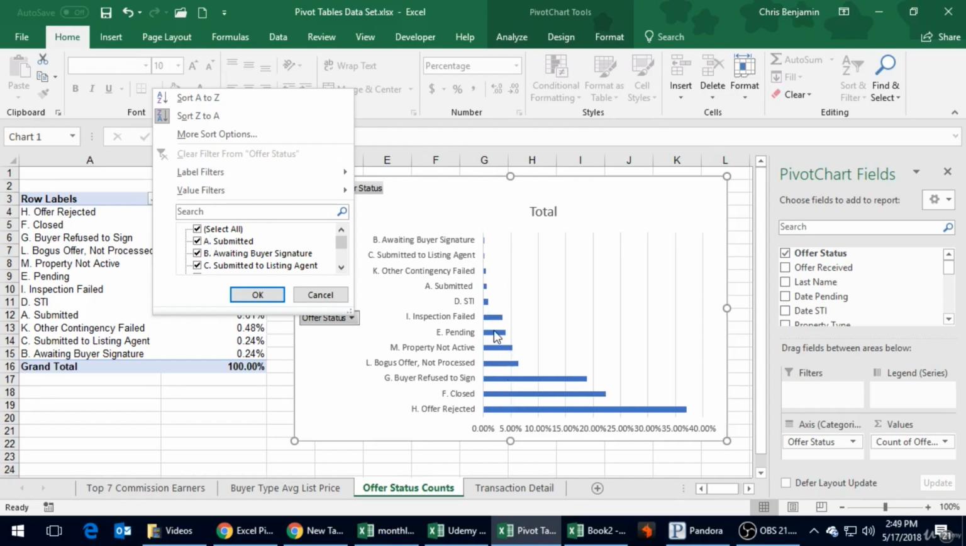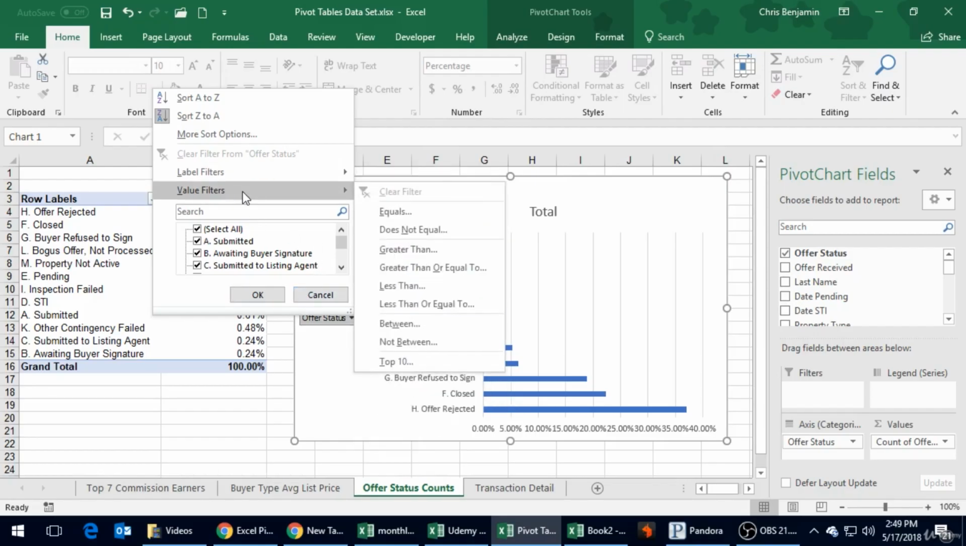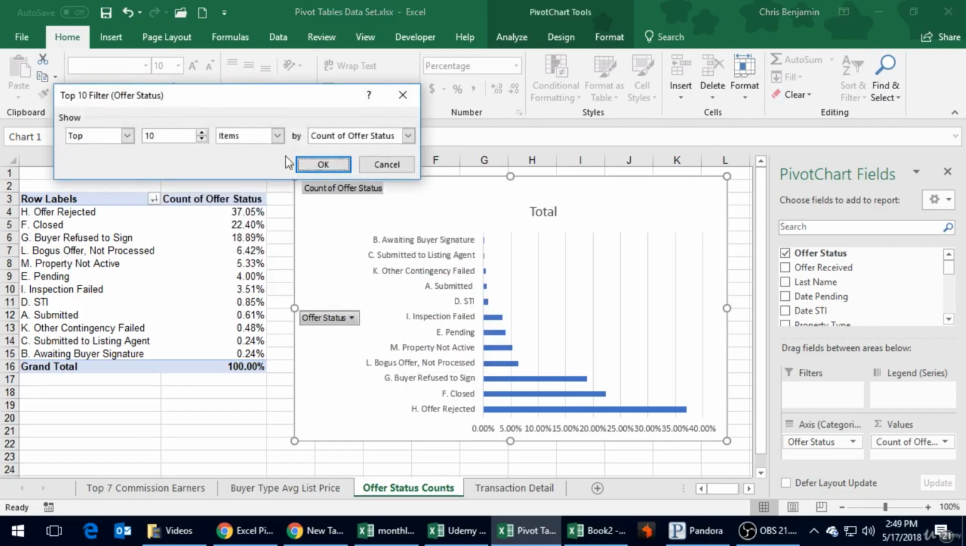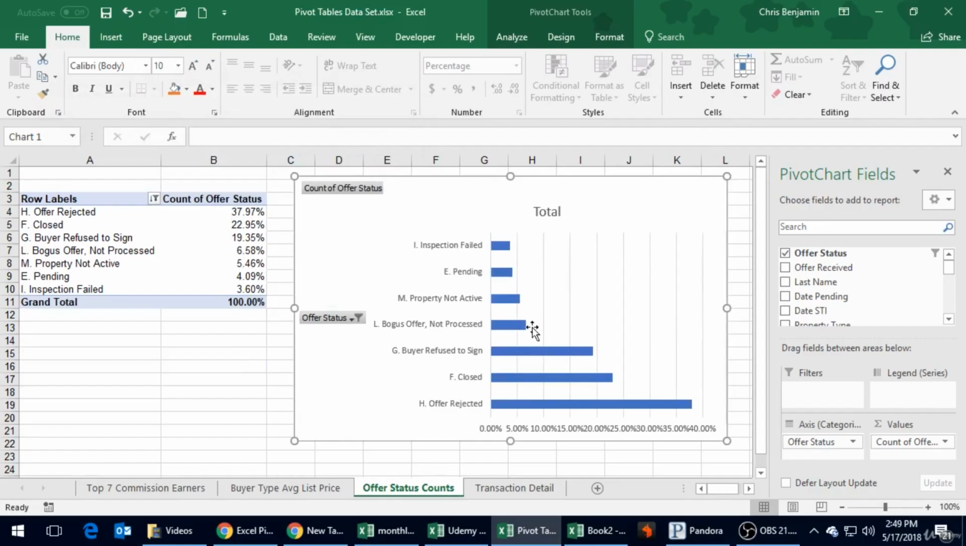Let's do these 1, 2, 3, 4, 5, 7. Let's go with 7 again, right? So actually here, let's do our value filters, top 10, but then we can drop this down to 7. Look at that, a little bit cleaner graph, and then in our header, we're actually gonna write top 7 offer